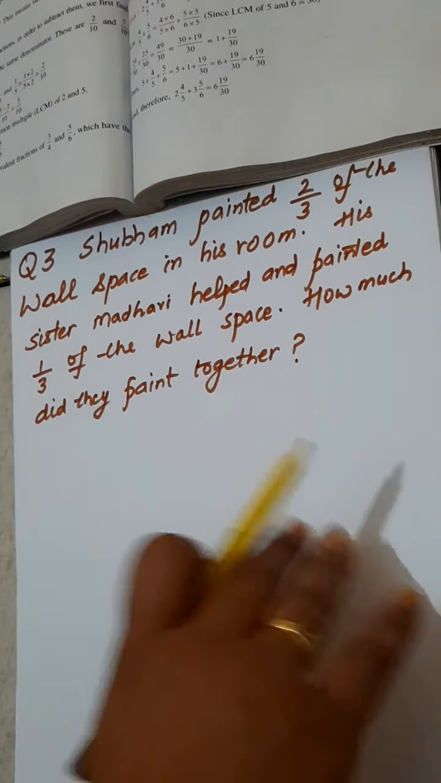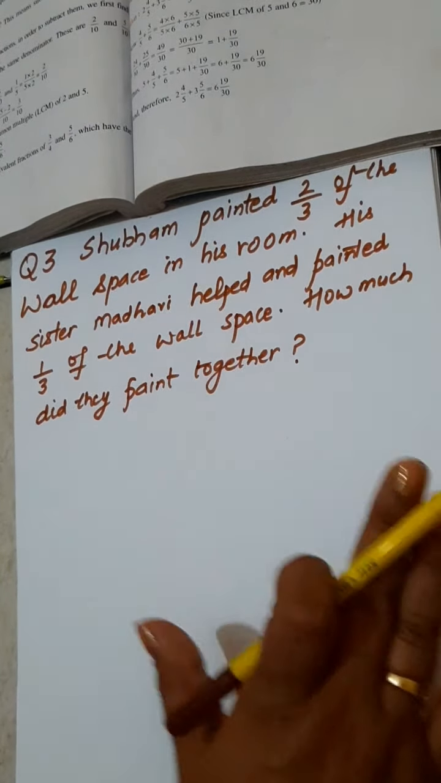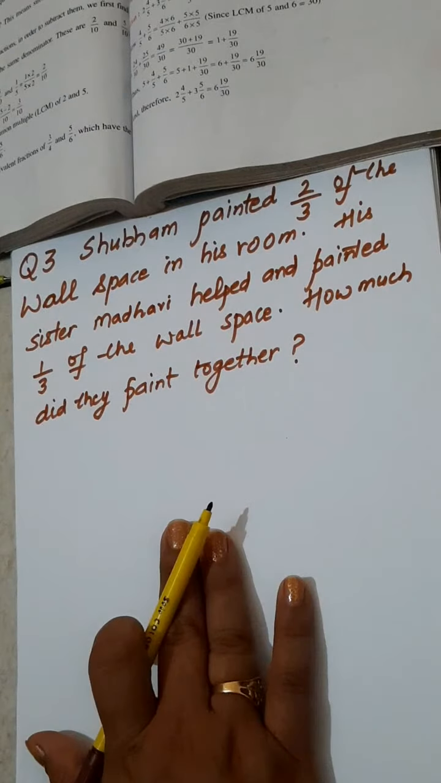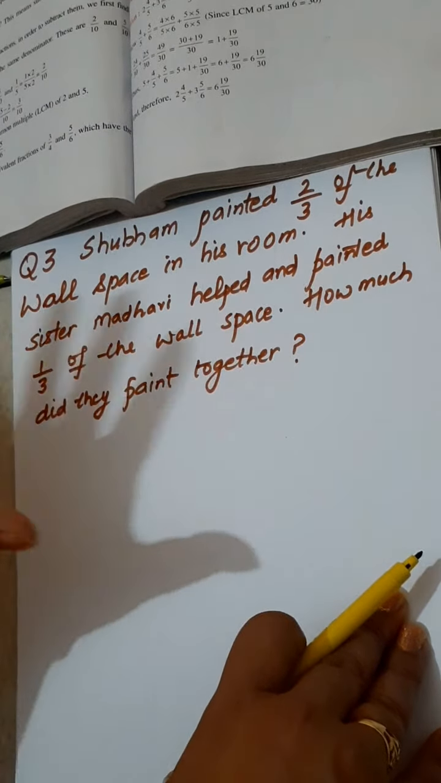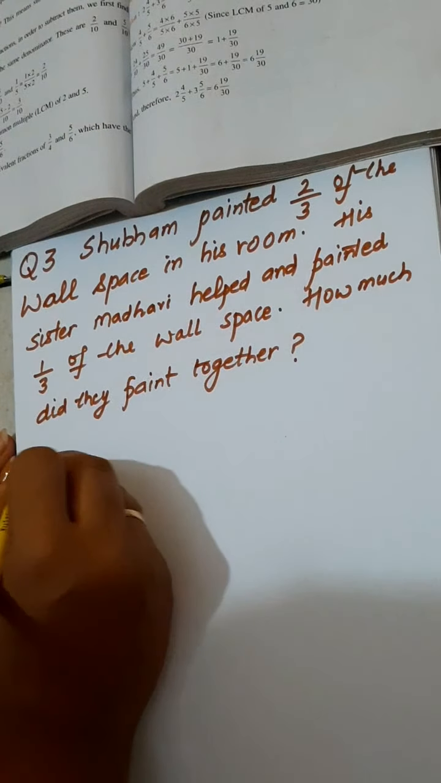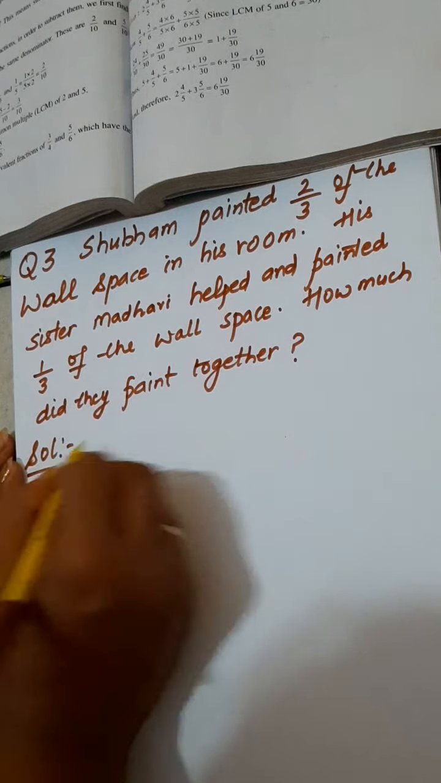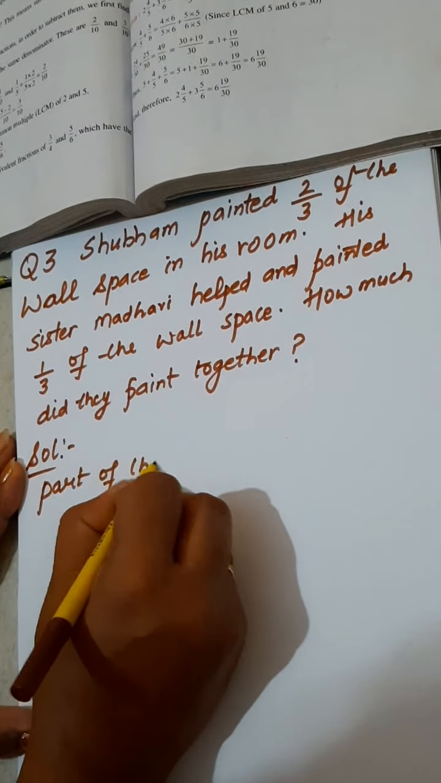Here the question is, one wall is there. Shubham painted 2/3 of the wall. His sister helped and painted 1/3 of the wall. We have to find out how much they painted together. So let's start. Firstly, I will write part of the wall